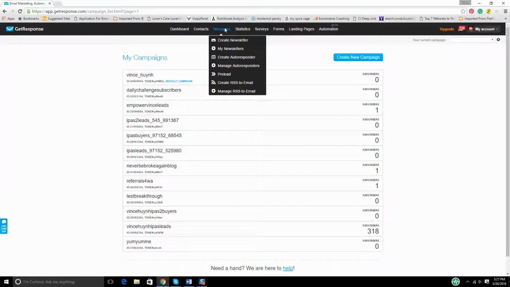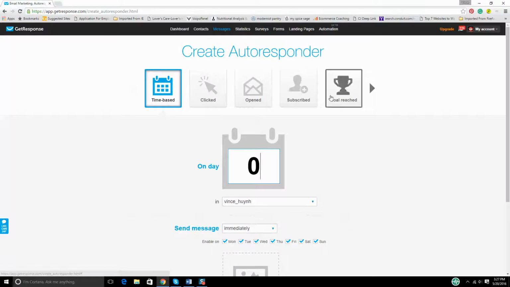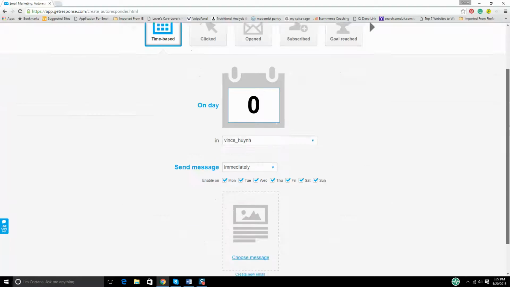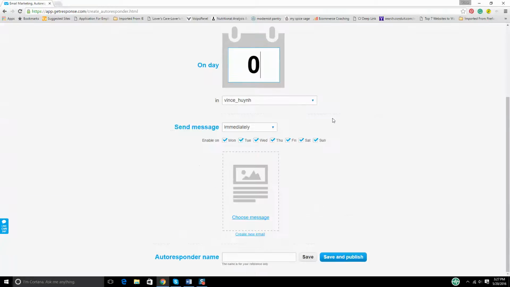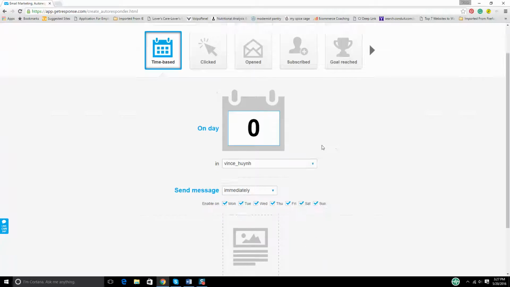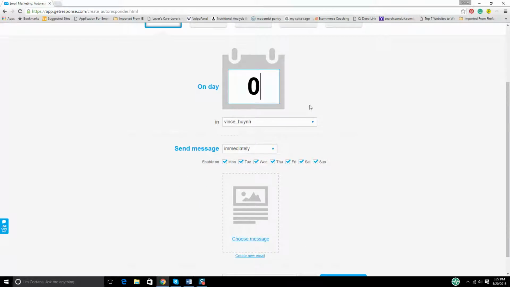Alright, now let's go back to the create autoresponder. So you would hover over message and scroll down to create autoresponder. And it takes you to this page. It says create autoresponder. Great, we're on the right page. Alright, what an autoresponder is, a service where once someone subscribed to your list, like your smart bar, your newsletter, or a welcome mat, whatnot that you set up on your website using SumoMe or whatever plugin that you use,